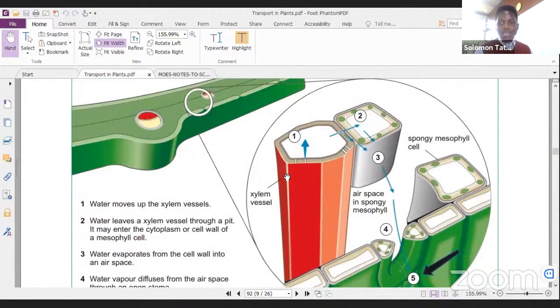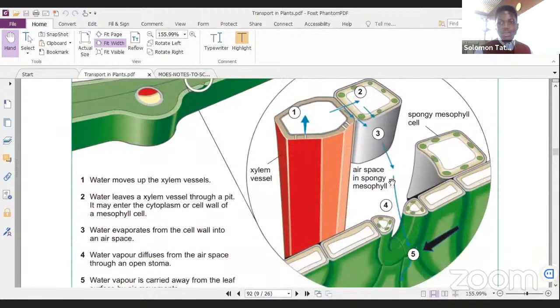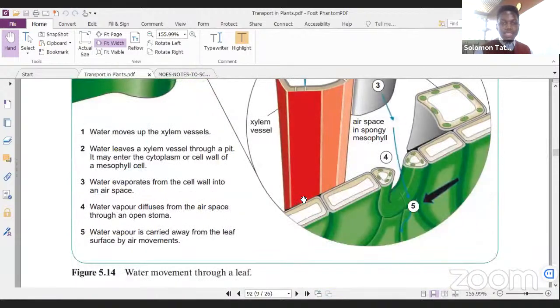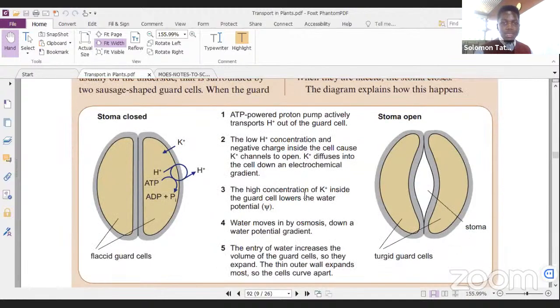On this picture, we see stomata and diffusion of gases in there. And then here we see the mechanism of opening and closure of stomata. This is very, very important. So here is step one. ATP powered proton pump actively transports hydrogen ions